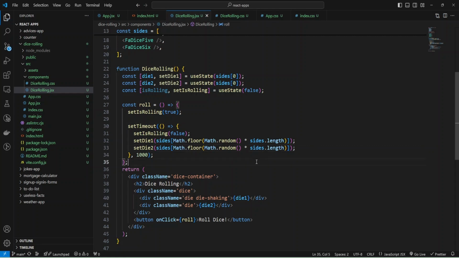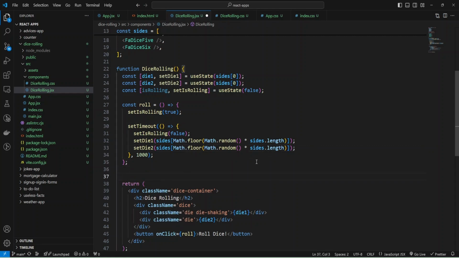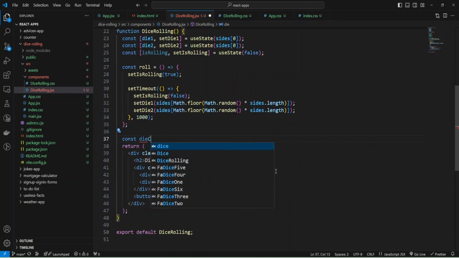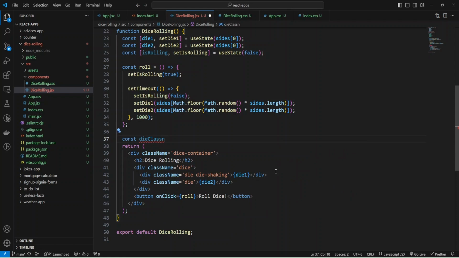Okay, and the one more thing that we need is to change our class name and not have our constant die shaking on our die. For that, I'm going to create a new const die class name and provide a value. The first class will be die, and the second will depend on our state.